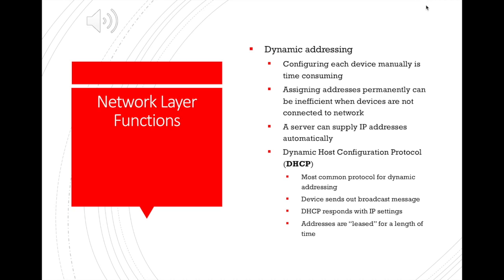If you want your computer to get new IP addresses assigned, you could shorten the lease period. But DHCP is the most common protocol for dynamic addressing. Your device will send out a broadcast message saying, hey, I need an IP, and the DHCP server will respond with your settings. You see that almost all the time on your local networks with your routers. You see it with your cable installs as well. Those leases are dynamic. You don't have a designated IP from your ISP. They give you a DHCP lease as well. So DHCP is very common when it's not important to have a dedicated IP address for a server.